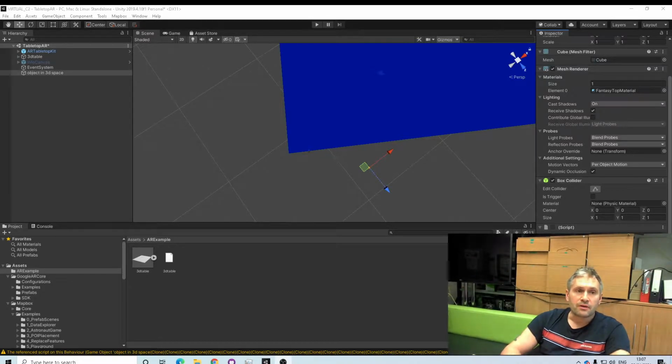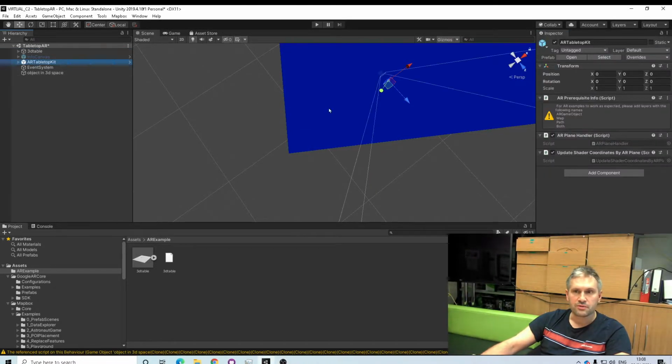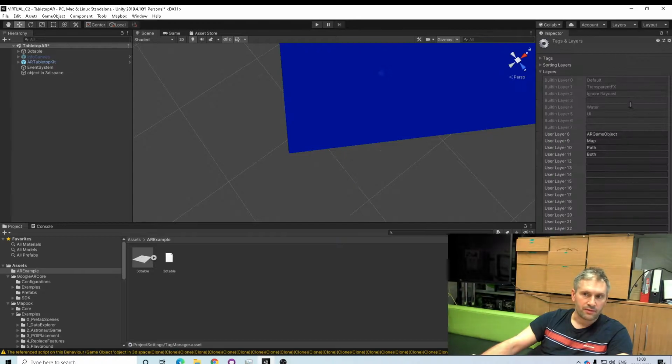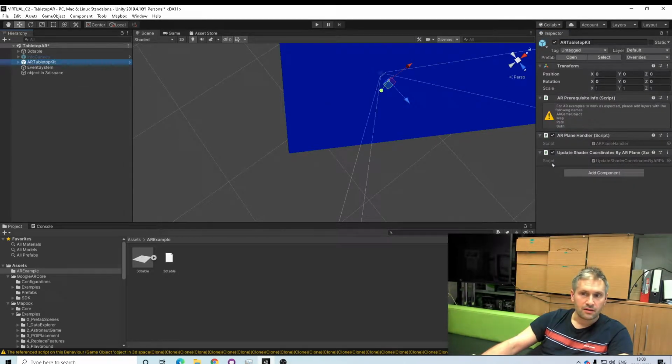Today I'm having a quick look at the Mapbox SDK for its ability for tabletop augmented reality. What we have here is the AR tabletop SDK, and I have added the different layers. So I've clicked edit layers and I've added these as they suggest, and then as part of that we also